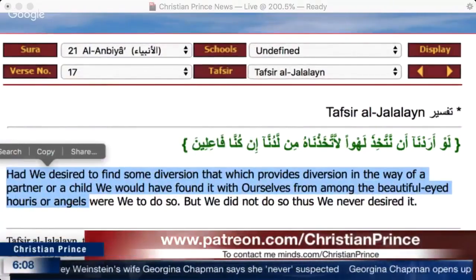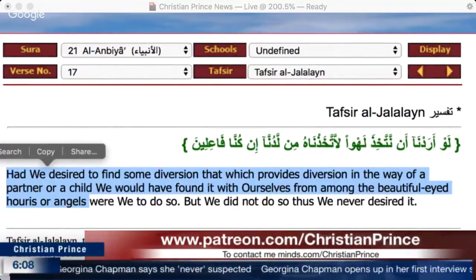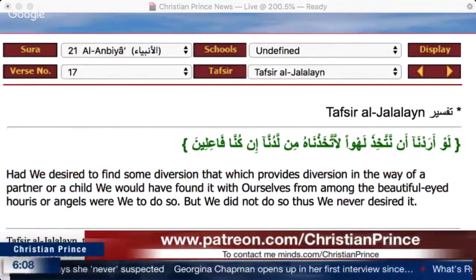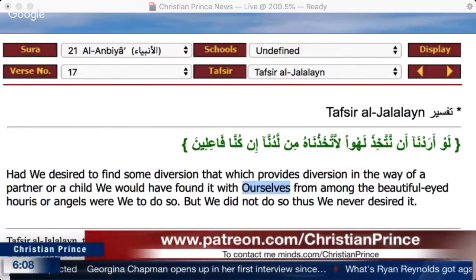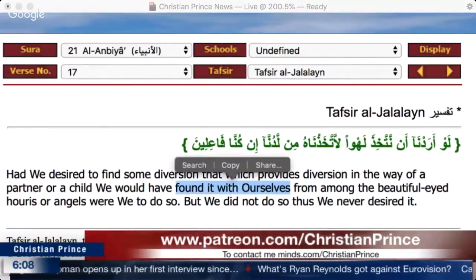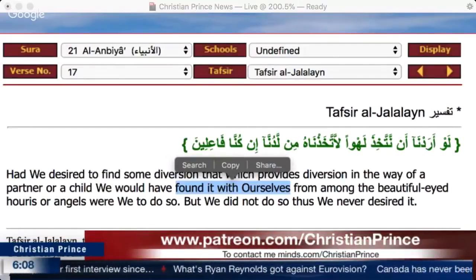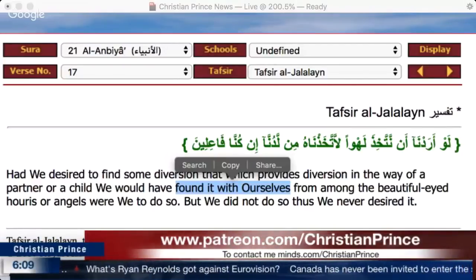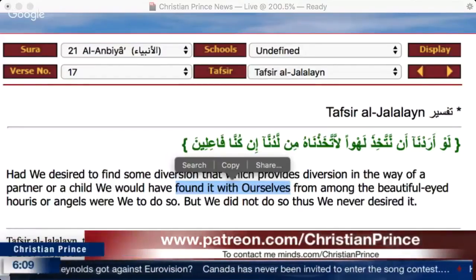Muslims today are trying to deny the scholars to get away from the stupidity of Islam, because this is what Muhammad meant. He is saying if we want to take a woman for fun, we will take her from our kind. Then here we have a problem. How does he say Allah will take a woman from his kind? It says here from ourselves. You see, when we ask why Allah says we, Muslims say it's just a word meaning our majesty, like we the king, right? We the etc. So Allah used it, but here they cannot say that we means we the king, because now Allah is going to have sex with we.